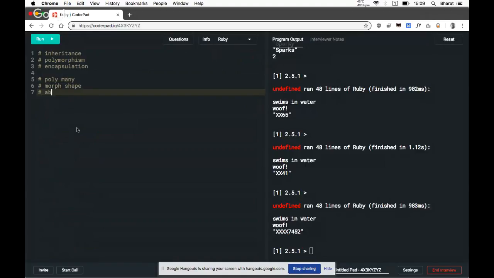So having many shapes. So the idea is that Ruby allows us to respond to the same method or same message in different ways. And crucial to this is the idea of inheritance.